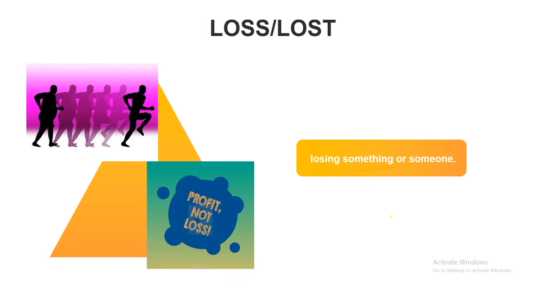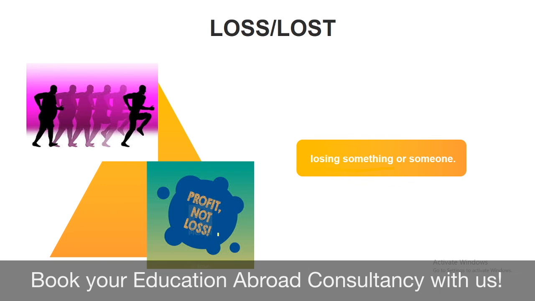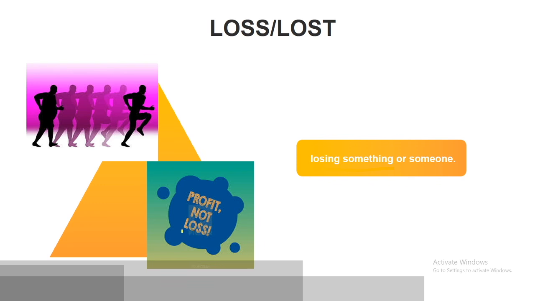So these are the words that are used when you are trying to tell that आपसे कोई दूर चला गया है. Maybe unfortunately somebody died, or maybe you lost your wallet. So you would say that I lost my wallet, or I am going to lose a lot of money in the stock market because it's going to crash. So that's how loss is going to be. I have just inserted two images so you remember it forever.